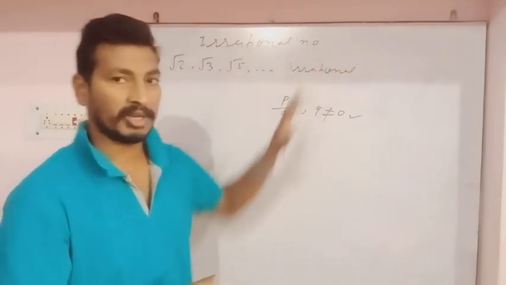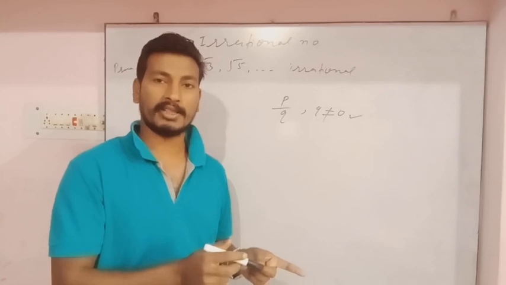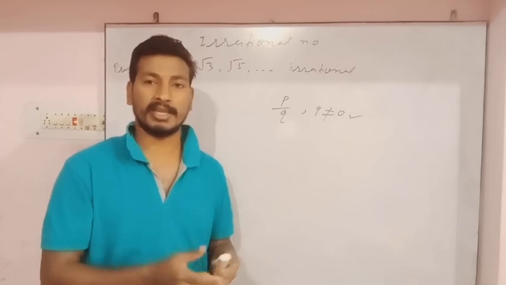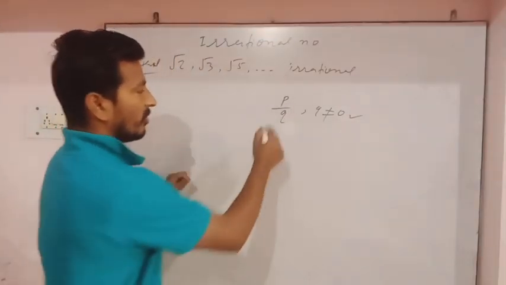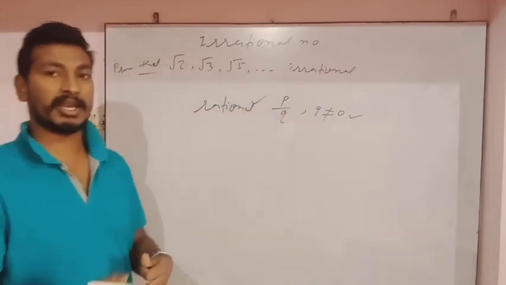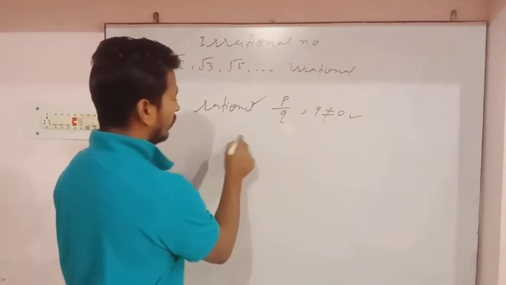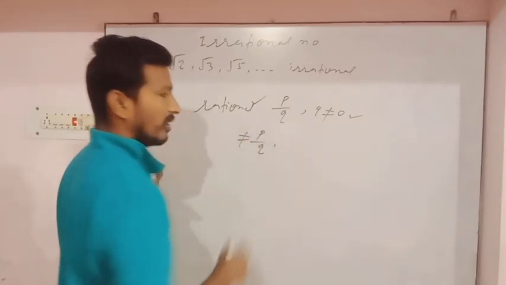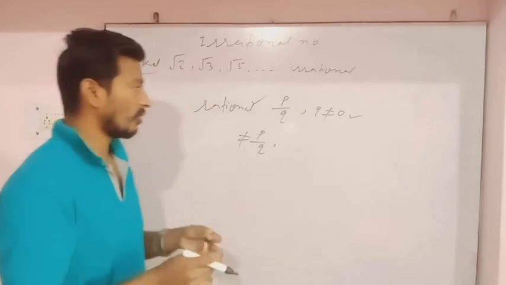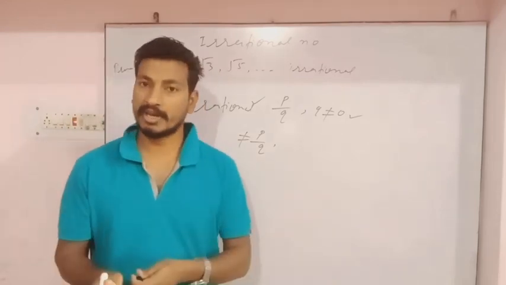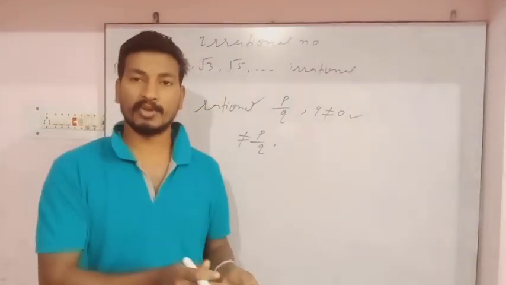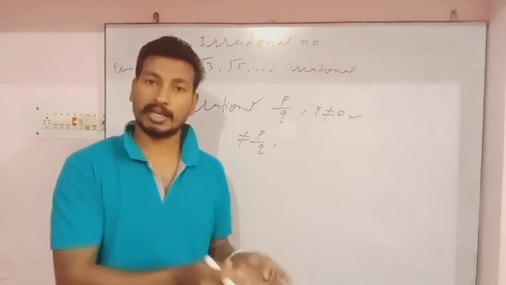Now what is an irrational number? A number which cannot be written as p by q is called an irrational number. In a simple way, a number which can be written as p by q is called rational, so just the opposite, which cannot be written as p by q, is called irrational. But this definition is not enough for knowing about irrational numbers. How can you find which number can be written as p by q or which cannot? There is one more definition which can help you find which number is rational or irrational.